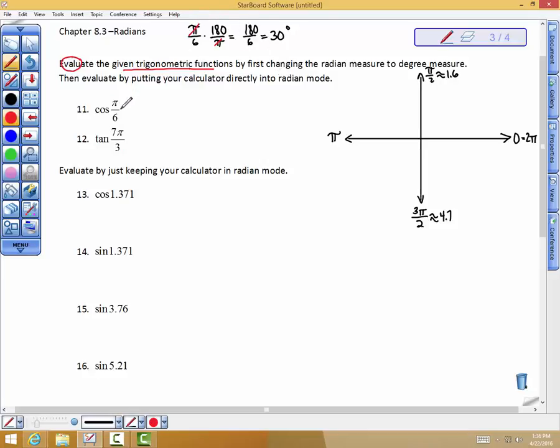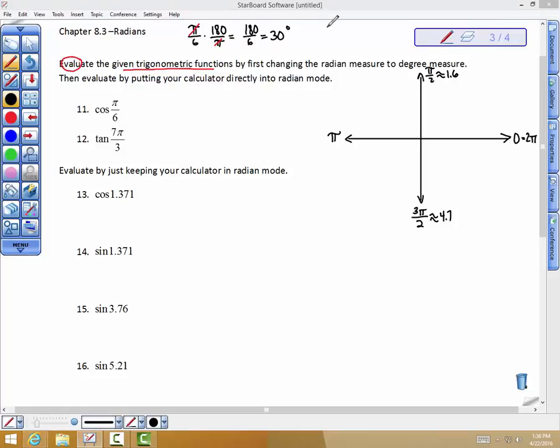I took this angle pi over 6 and I converted that into degree measure. So I multiplied by 180 over pi. I crossed off the pi's, and 180 divided by 6 is a 30-degree angle. So when I'm asking you to find the cosine of 30 degrees, if your calculator is in the degree mode,